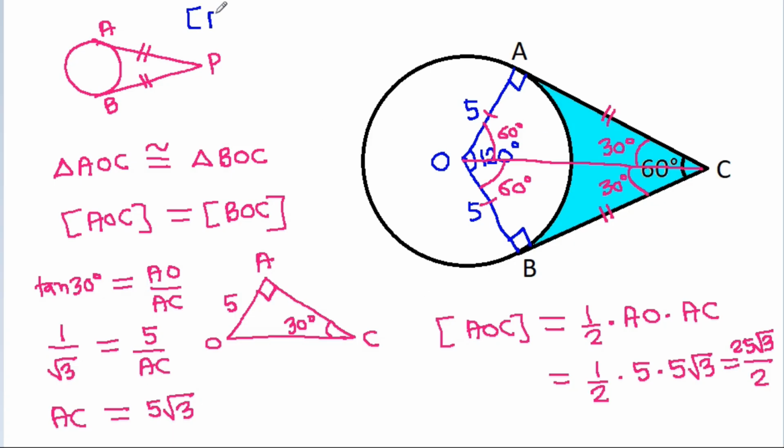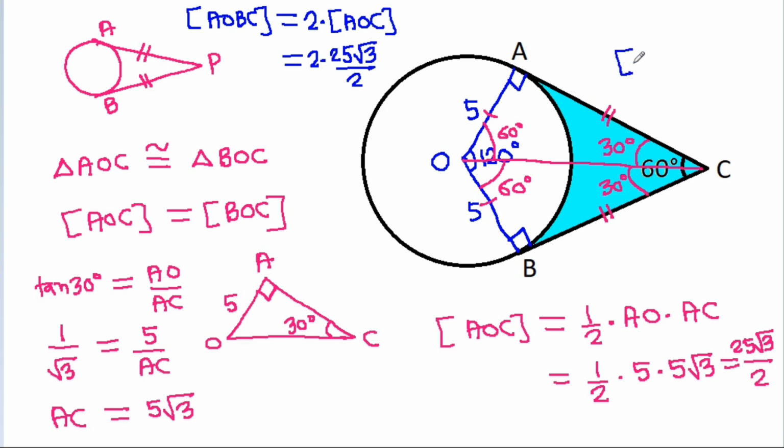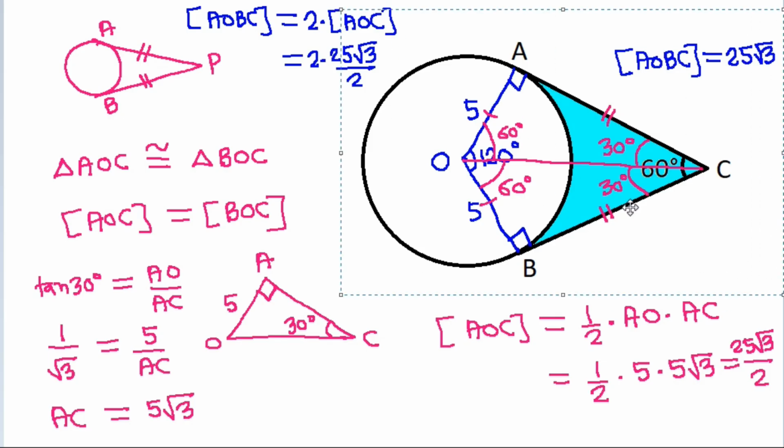So area of AOBC will be equal to 2 times area of AOC, that will be equal to 2 times 25 square root of 3 by 2. So area of AOBC will be equal to 25 times square root of 3, and